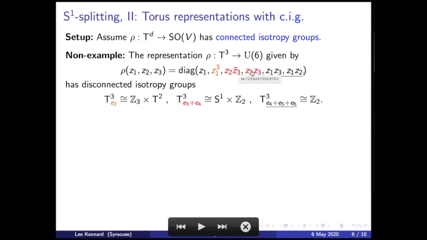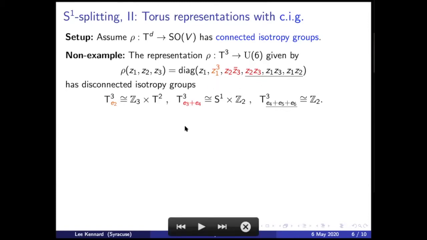If you take the red directions, what you do is you intersect these kernels, and you solve those equations, and you get a Z2, and in this case the Z1 could be anything. So again, a disconnected isotropy group. And the third one might be a little better hidden, but if you look at these three subrepresentations and you take a vector such as E4 plus E5 plus E6, then to fix that vector, it's equivalent to solving these equations, and you still get a Z2. So -1, -1, -1 is the only non-trivial element that fixes those vectors.